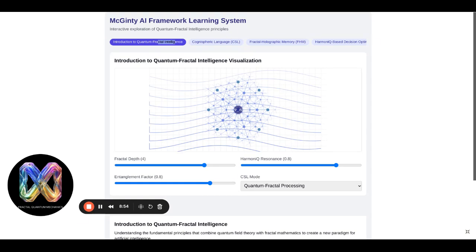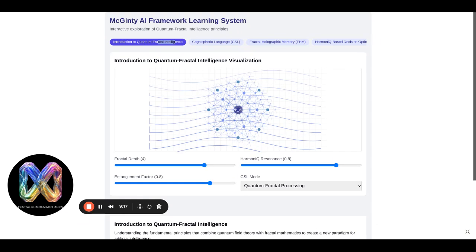And two, it's technical training for engineers and researchers. It helps build intuition for mathematical principles. And three, for enterprise demonstrations. So for business leaders, it illustrates the transformative potential of the framework. So by making these abstract concepts tangible through visualization and interaction, we're accelerating the adoption of quantum fractal intelligence across